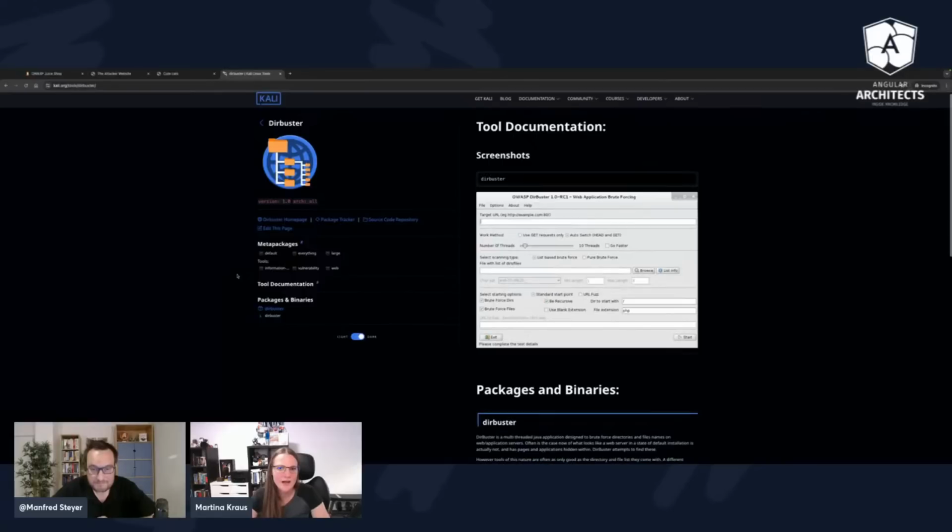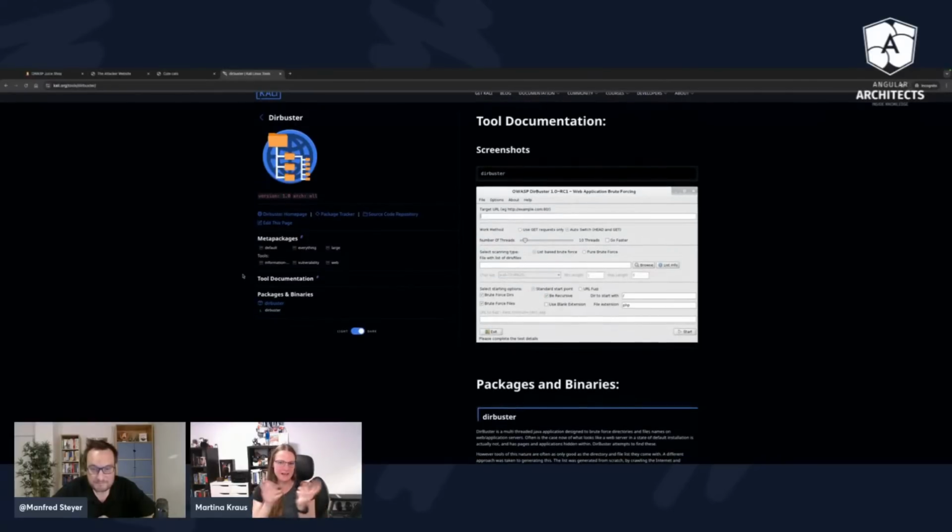But it's a tool where you enter a target URL, and you can provide a list with the most common routes, like admin, /admin/user. What are your top 3 routes you always type when you define routes in your Angular application?